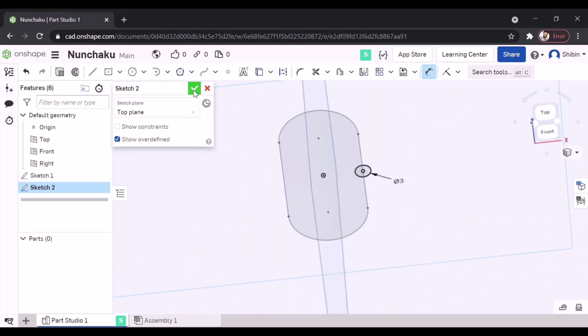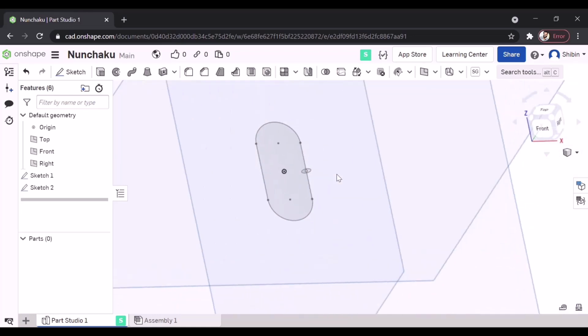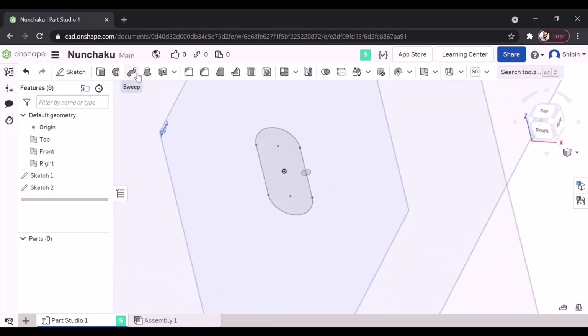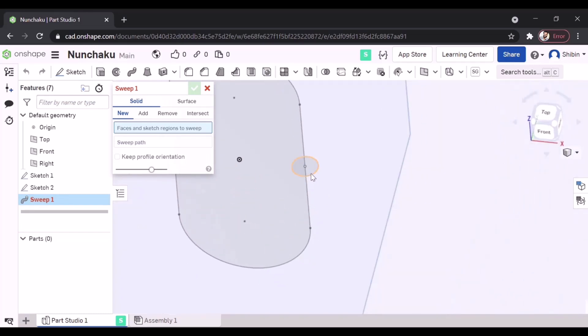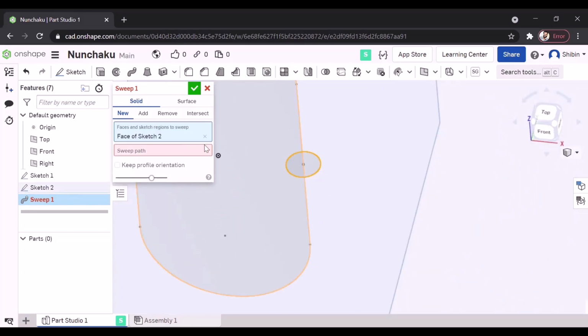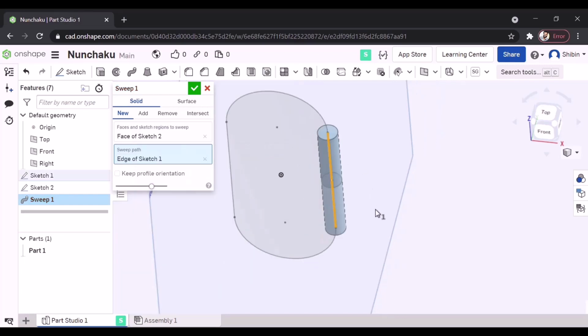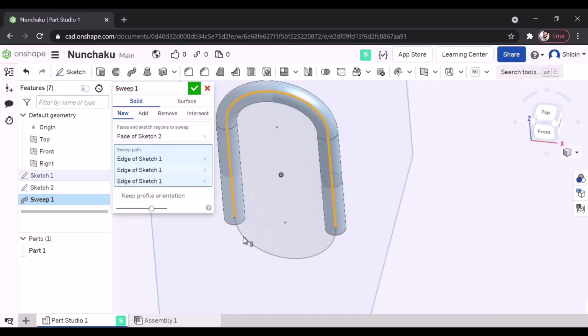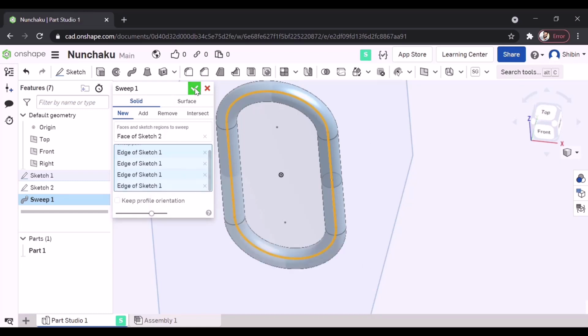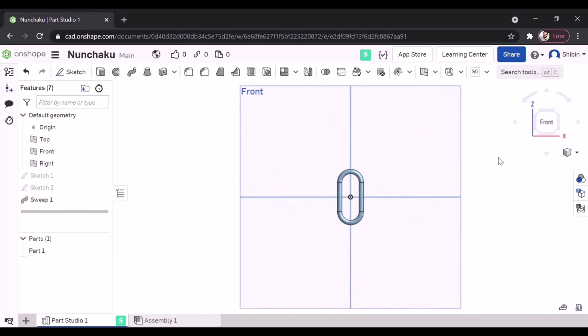Right. Now let's go for the sweep. Select sweep. Faces to sweep would be this circle. And the path is this line, arc, this line, and last arc. So we have our first part ready.